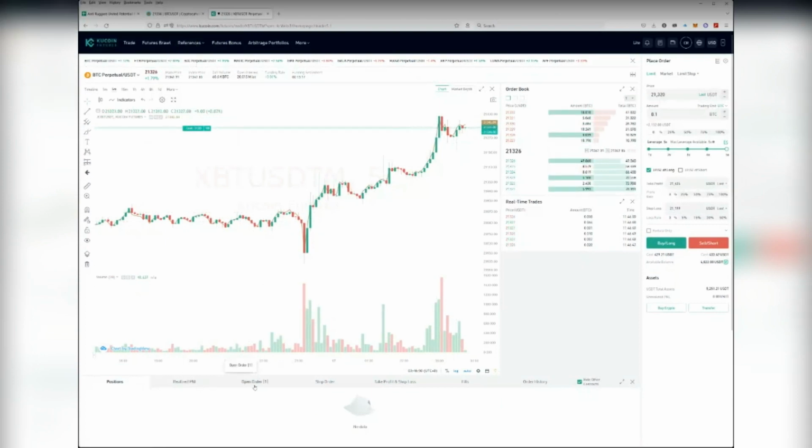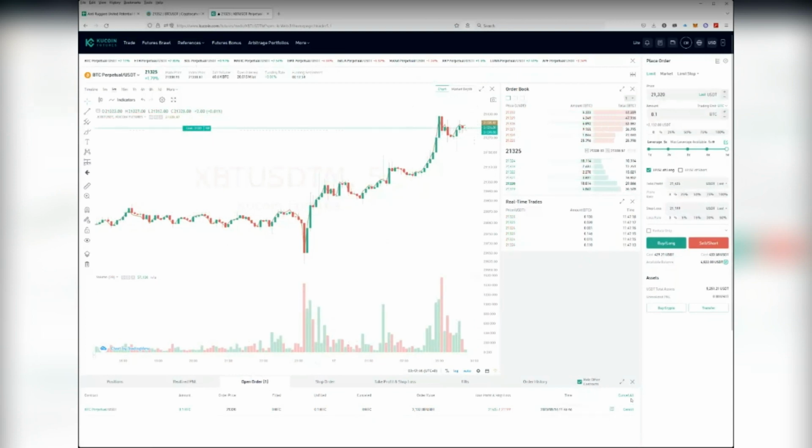So currently, I did a limit order and the price went up. So it's sitting at, it's basically a limit. It has to reach this higher price or lower price for me to buy. So I put in my order to buy at 21,320, and right now it's 21,325. So I could just either cancel it or I could wait for it to hit.